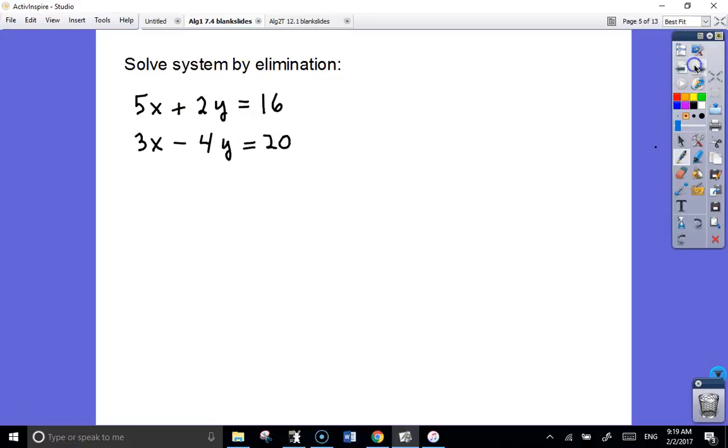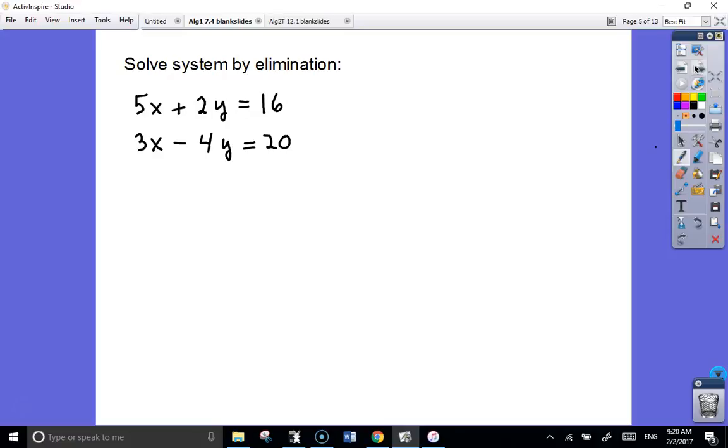Okay. So for example, in this one, if I added these up, it wouldn't cancel any variables. Now, could I multiply one of these equations by something and create -1? Where? Okay, if I multiply this one by -1, then I got -3x, positive 4y, -20. How does that help? What could I multiply by? Yeah, I mean, it looks like if you just multiply that one by 2, that now those would have opposite